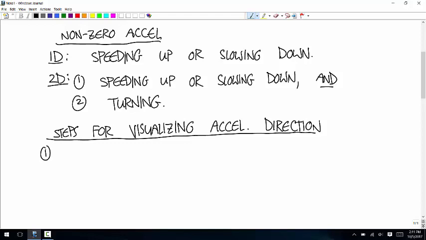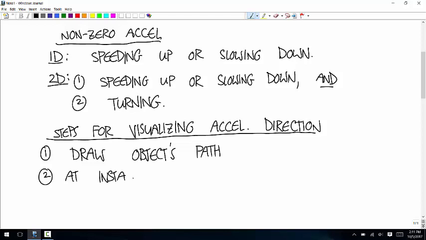The first thing you have to do is draw the object's path. So if the object's moving in a circle, you draw a circular path. If the object's going over things like this, you draw a path that just tracks the motion of the object. Then at the instant of interest, because acceleration is an instantaneous thing,